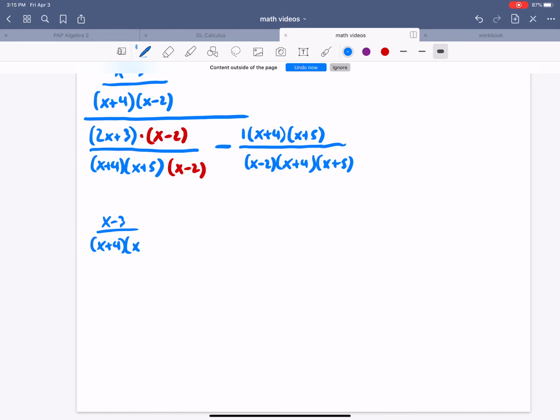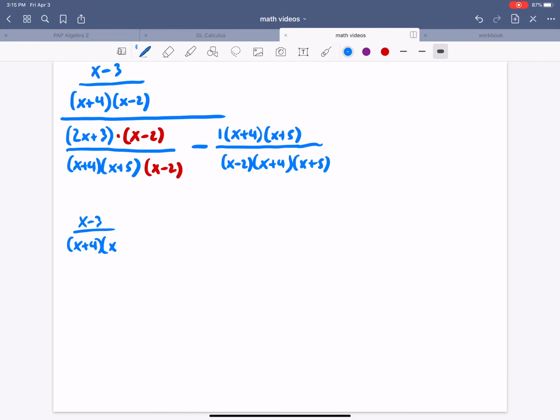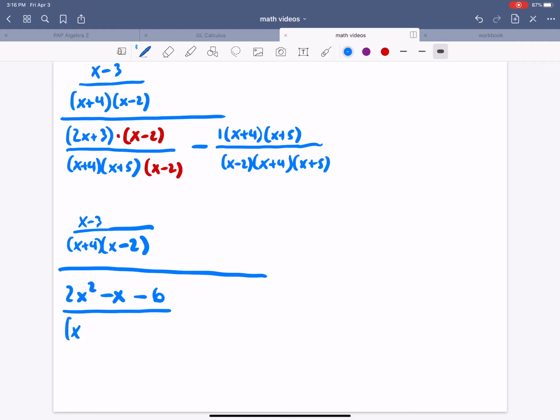X minus 3 over x plus 4 times x minus 2. That's my top. And then on the bottom, we're not going to multiply anything out just yet, so we're going to leave that as 2x plus 3. Should we go ahead and multiply those? Yeah, let's go ahead and multiply those at this step. So 2x plus 3 times x minus 2, that gives me 2x squared, plus 3x minus 4x is minus x, minus 6, all over that big long